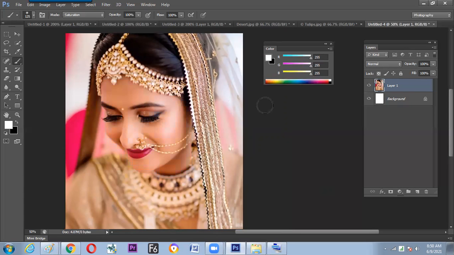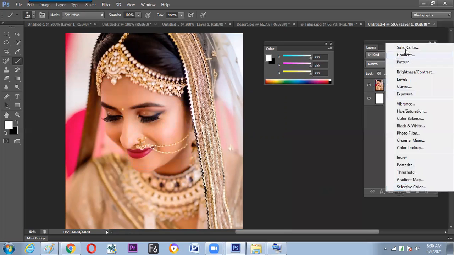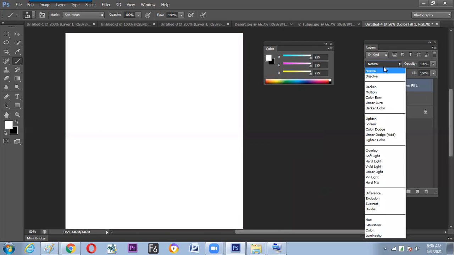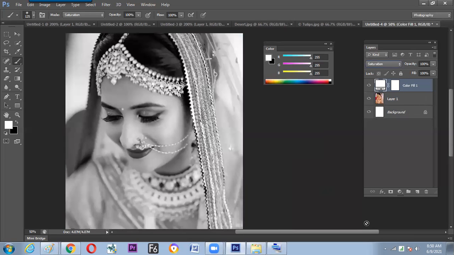paste it up once more, take a new layer. What layer? The same white color can be taken from here. And you can make that into which color mode? Saturation. It turns everything black and white. Is it okay? Is somebody getting the logic? Yes, sir. Fine. Now here we can make it into black.